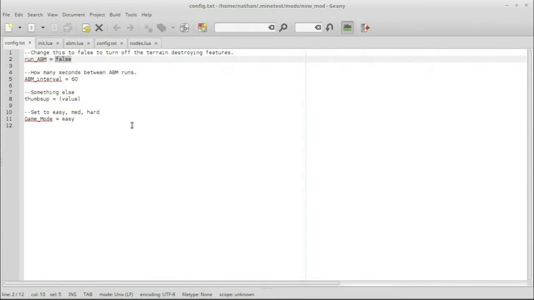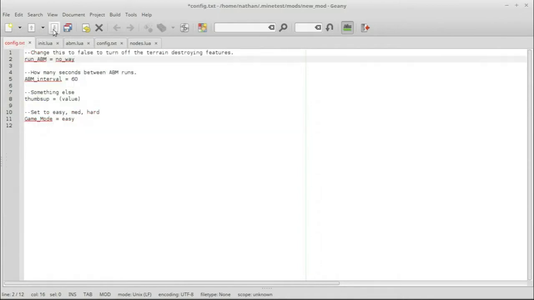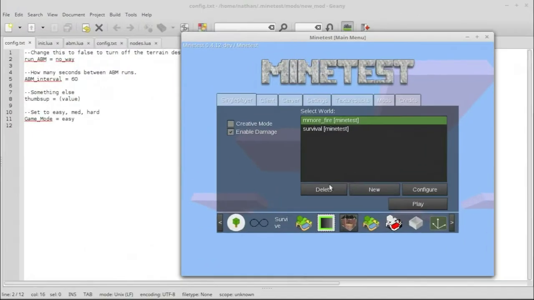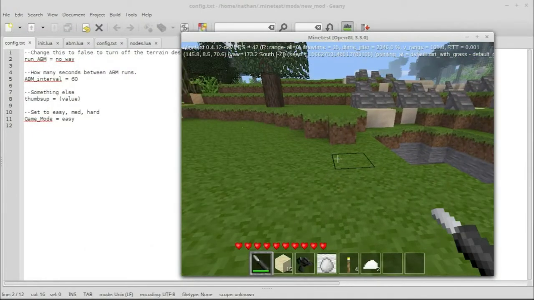Okay, we are going to run ABM. We are going to change to no_way. And then we'll do if run ABM equals no_way, and this will throw an error at us if it is incorrect, which I feel